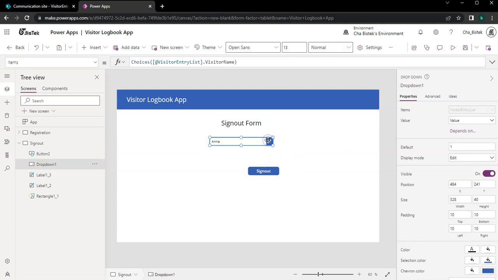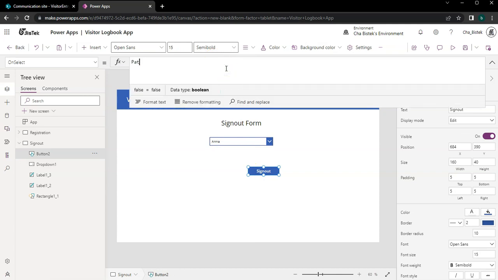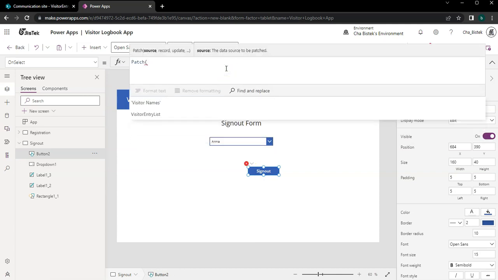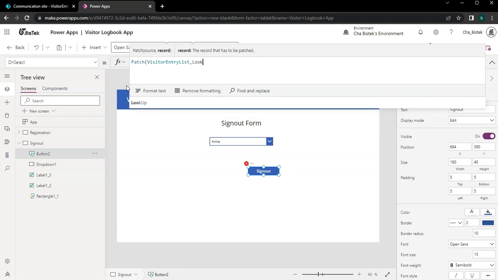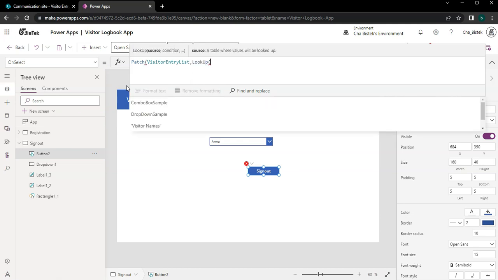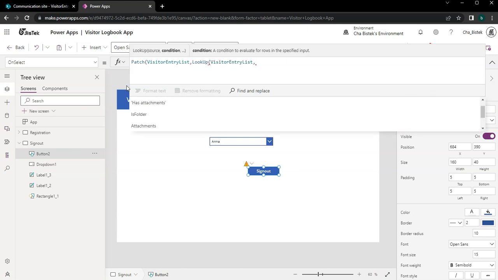So as what I've suggested before, we will use a patch for this, and then we're going to first put the name of our list, which is visitor entry list, and then we need to define the record that we want to patch. So actually this code will work in just visitor entry list where the